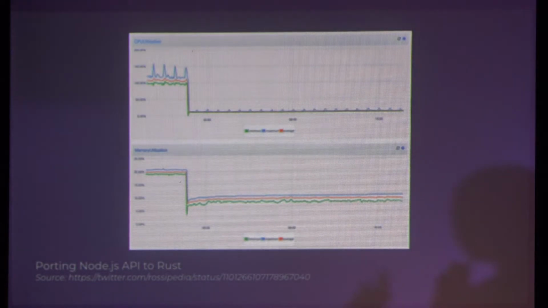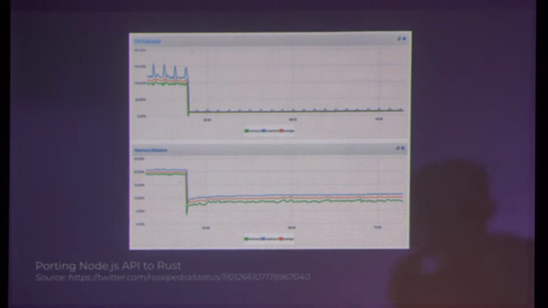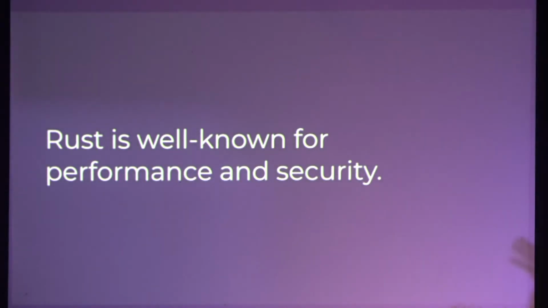I got this image from Twitter. They ported their Node.js API to Rust, and you can't read the numbers there, but basically the CPU dropped from 100% to around 15% once they moved to Rust, and the memory was halved. Actually, with later Rust optimizations, if you follow the thread, they halved the memory again. Anyway, this part is not surprising and obvious. People immediately say, obviously it's faster because it's a compiled language like C or C++. So Rust is well known for performance and security. We can move on to